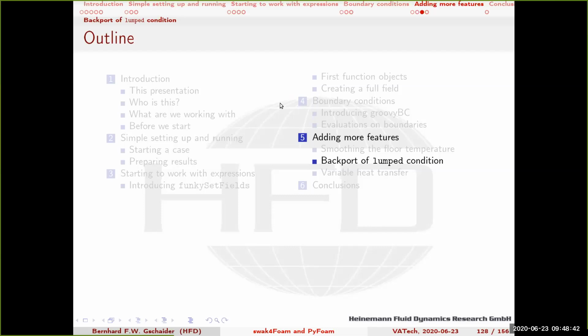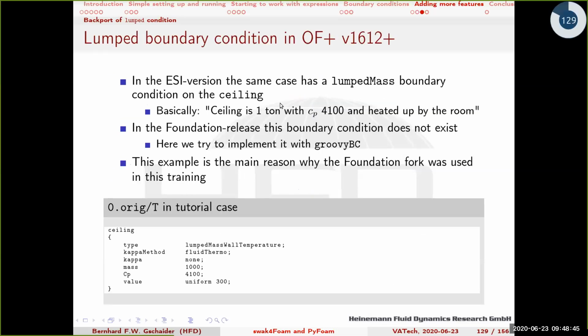Then I show how to port a boundary condition that exists in the ESI version of PyFoam, but not in the foundation release. If you want to use such a boundary condition, then you have the possibility to either try to get the C++ code to run there, or you can use a Groovy boundary condition